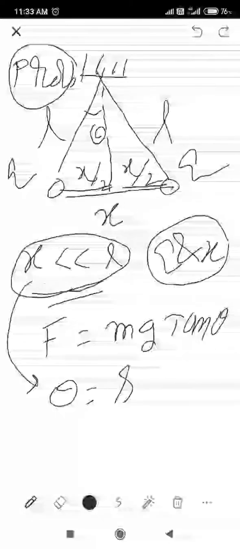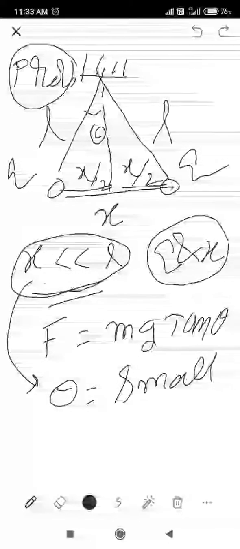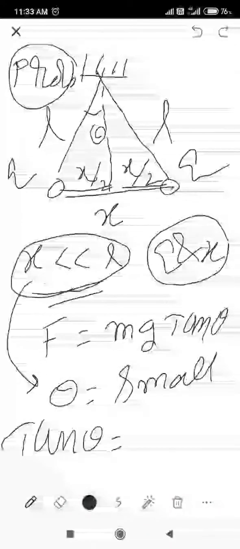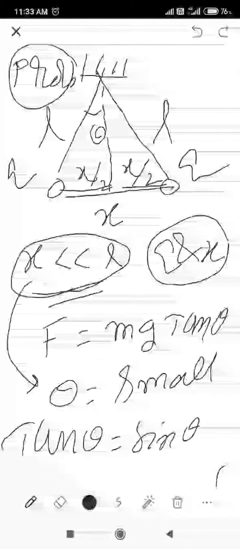And here, as x is very small compared to L, under this condition theta is very small. As theta is very small, tan theta can be written as sin theta. Under this condition,